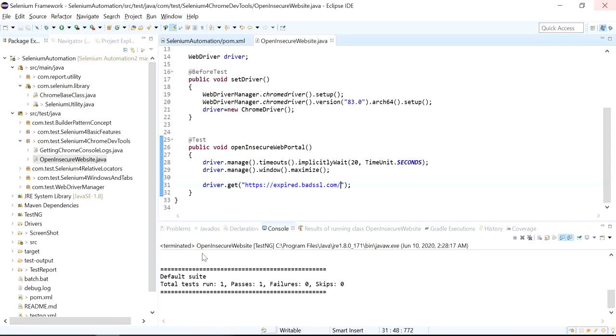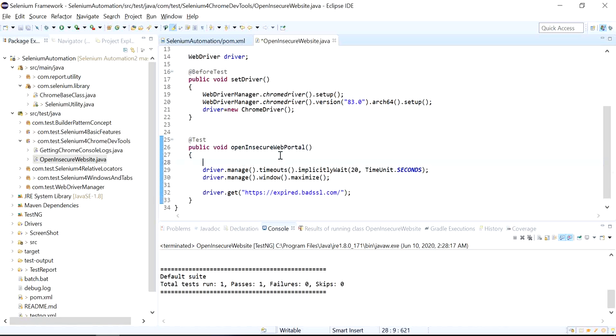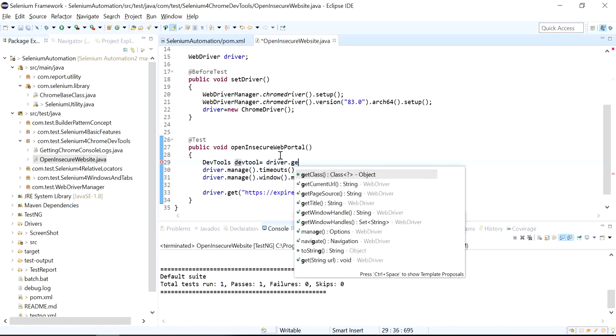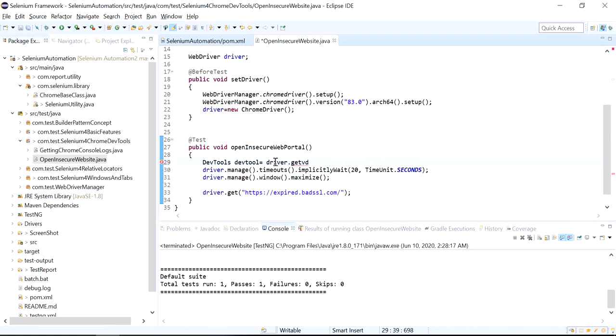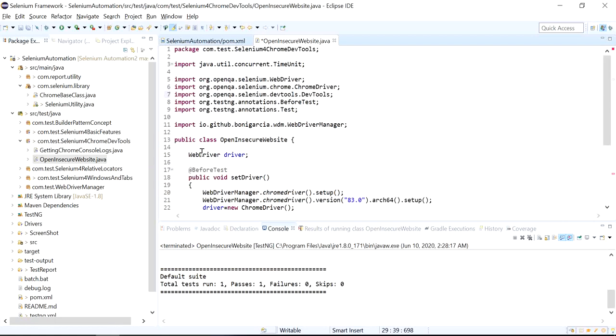Okay, let me move forward. We can see now how to handle this. To handle this we have to use the Selenium 4 DevTools feature. So I'll say driver.getDevTools. I'm not getting it here because this driver instance is a WebDriver.